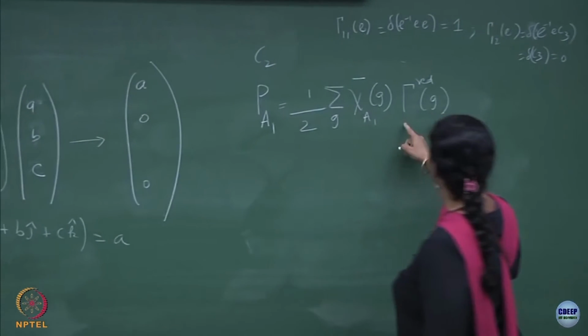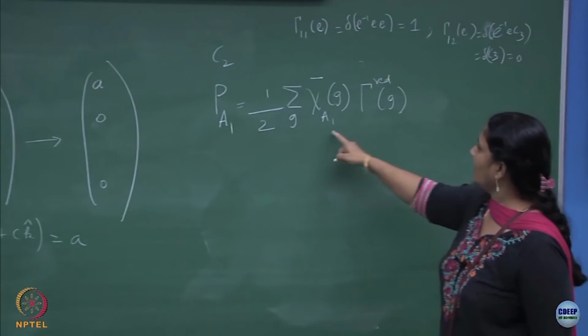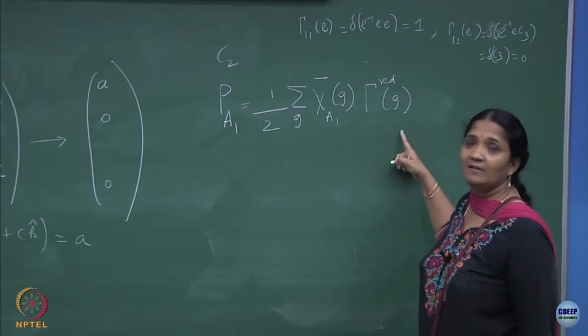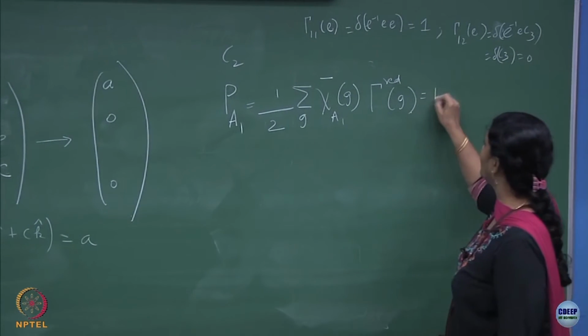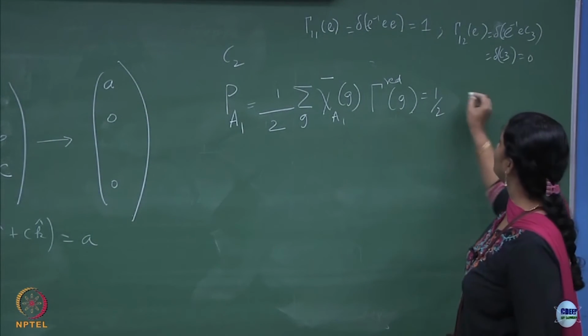So, I am not going to write what this gamma reduced is, but let me write this explicitly. What is this going to be? Half of